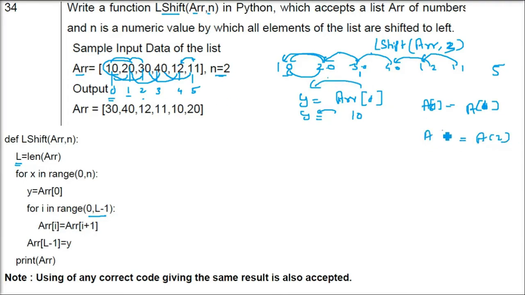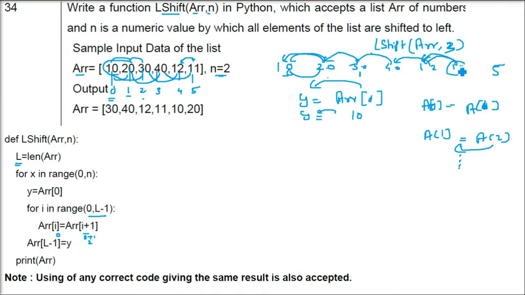So A2 is now at A1. So this I plus 1 you are transferring to I, or replacing to I. ARR I plus 1 is AI. So when we increase this 1, it will go to 0 and this loop will take 2 to 1. That is how till L minus 1 all the values, 5 shifting, will be done.